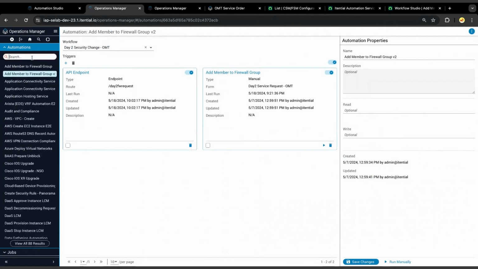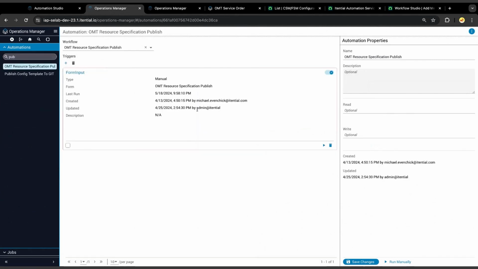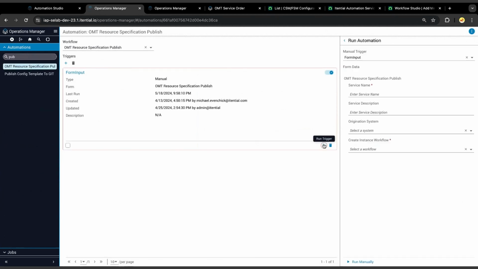We're going to search for publish, and this is an out-of-box automation that's available to all of our OMT customers, where when you build one of these automations, now you have a choice to make. Do I want to expose this? Obviously, after building the automation and testing it against your environment, now you're ready to expose this as a service, or as an RFS, to the OMT product line. So I'm just going to call this Azure VNet service, and this